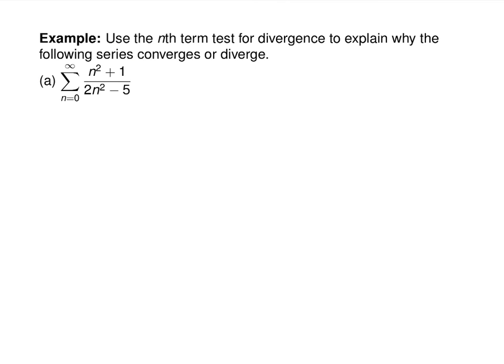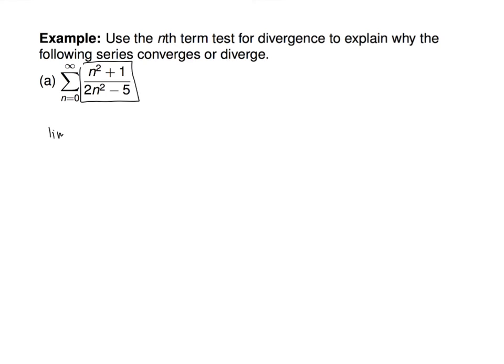So this one. When you look at a series, one of the first things you always should check is look at the terms inside and see what happens to them as n goes to infinity. If they go to 0, you might converge, you might diverge, you don't know. But if they go to not 0, you diverge for sure, okay?